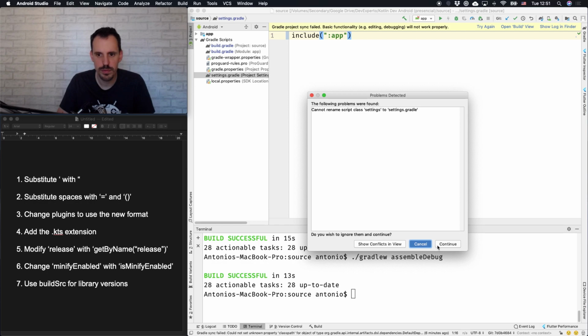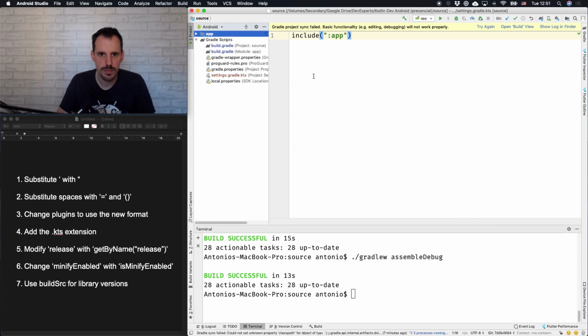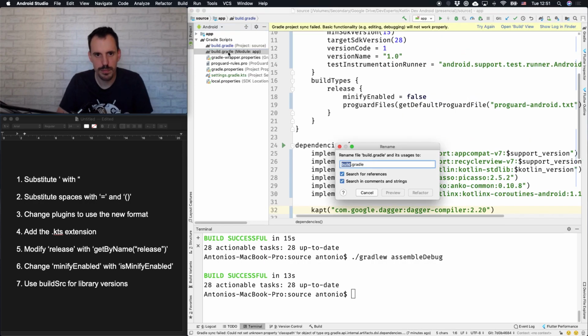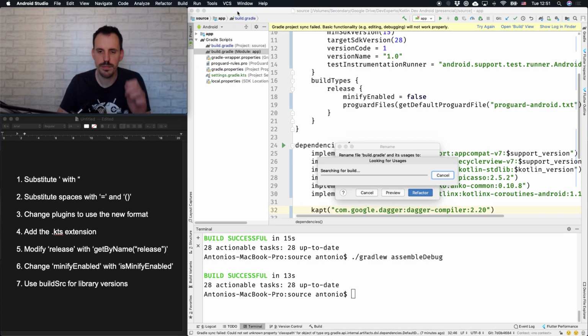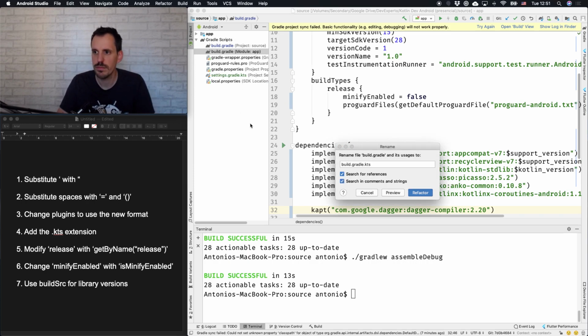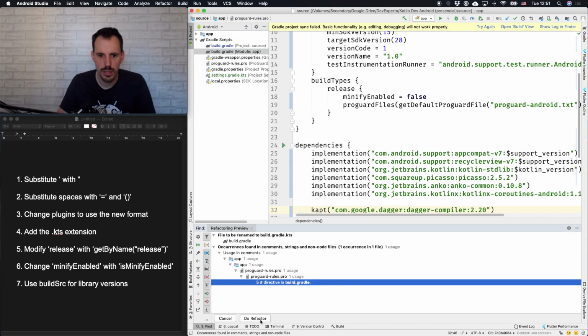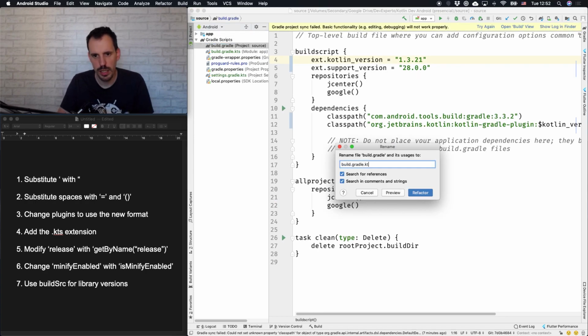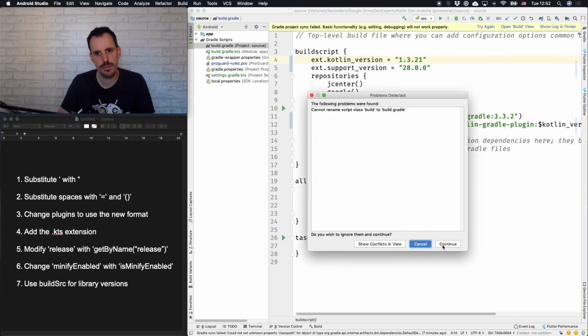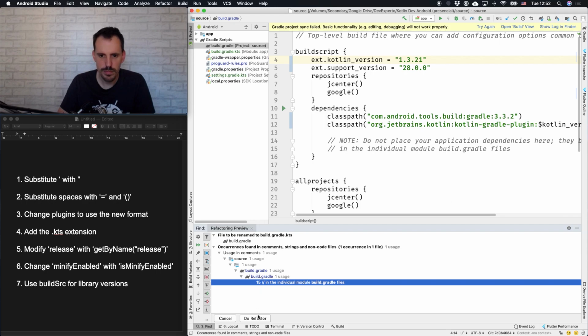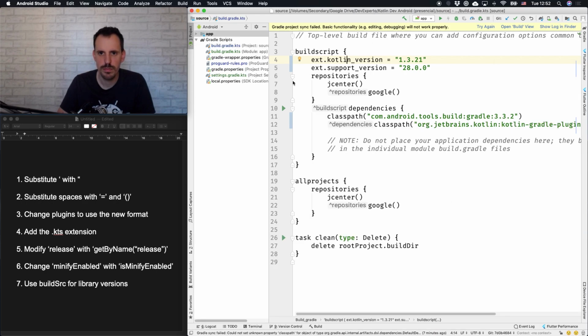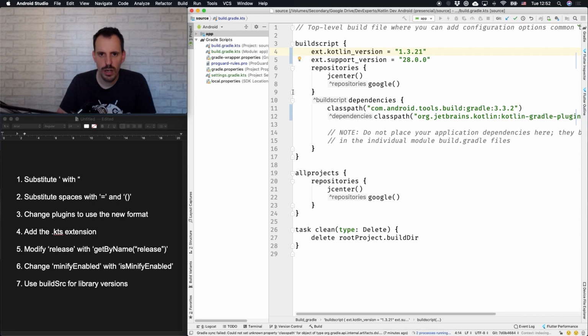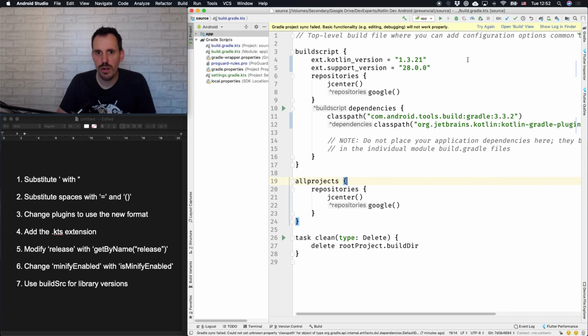So let's refactor this, continue, same for this one, KTS. Let's do the refactor even if it complains, KTS, refactor. Awesome, so now Android Studio already detected that these are Kotlin Gradle scripts instead of Groovy scripts, and the next